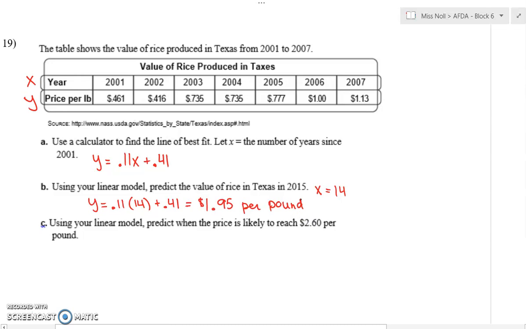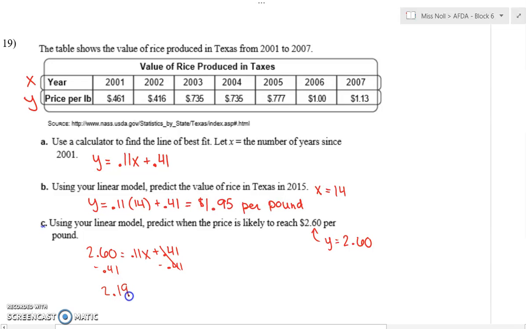Now part C says to use the linear model to predict when the price is likely to reach $2.60 per pound. So this time they're giving us the cost, or the price. So in this case, it is the Y value equaling 2.60. So I'm going to plug 2.60 in for Y, and my goal is to solve for X. So I have to subtract 0.41 from both sides. When I do that, I get